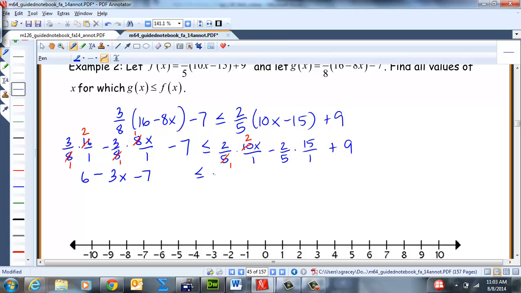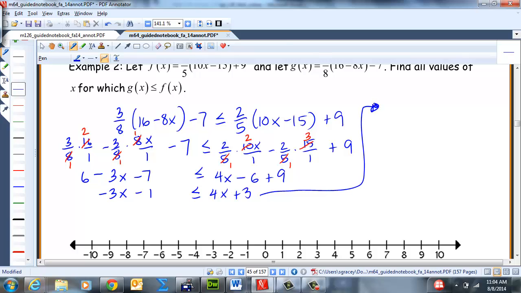So we'll have 4x, and then minus 5 goes into itself once and into 15 3 times. So we'll have minus 6 plus 9. So we'll have negative 3x minus 1 is less than or equal to 4x plus 3,